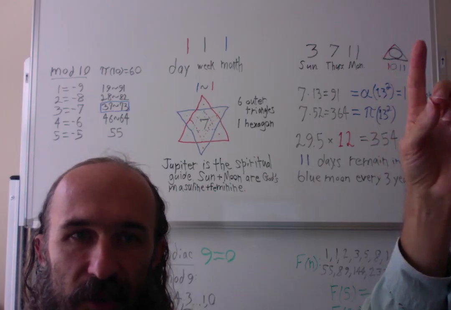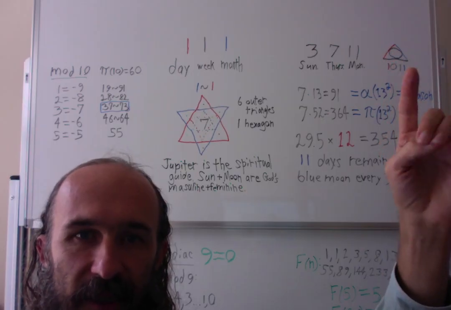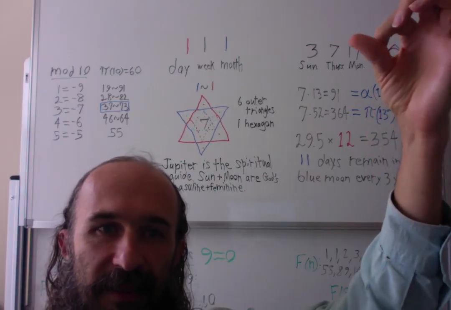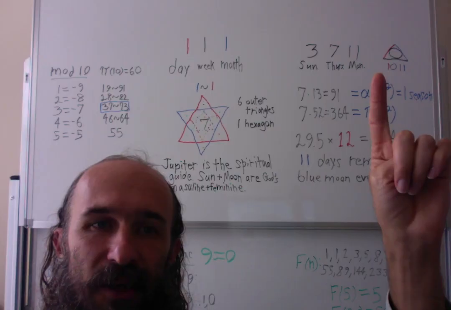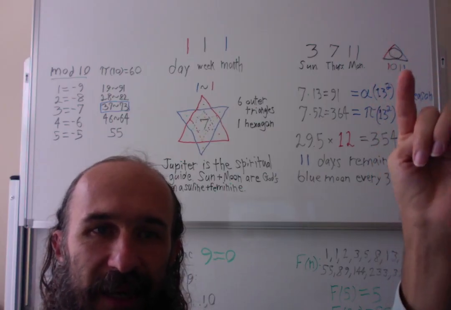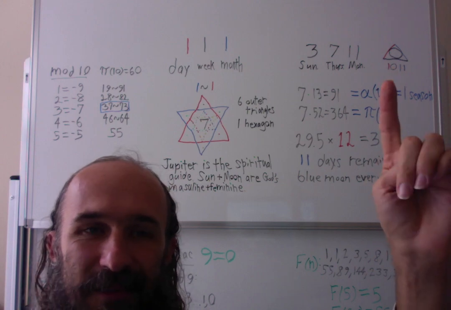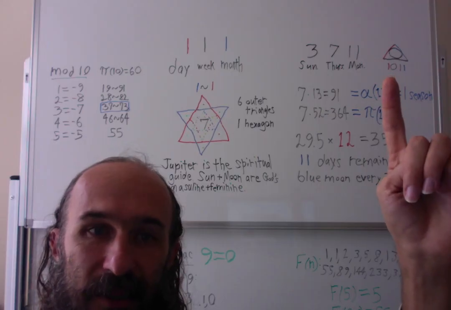So this circle represents the empty space inside of the triangle. So when we form the trinity into a triangle, we get a 0, which we can code as 1, 0, 1, 1 as the 0 inside the empty space inside of the triangle, which gives us this 1011 code, which is the same